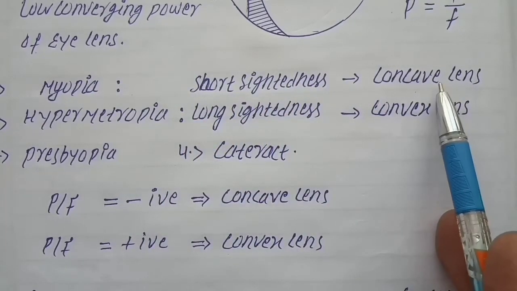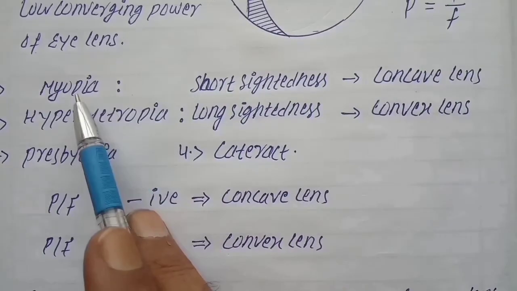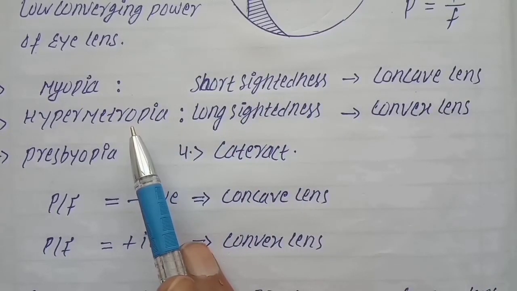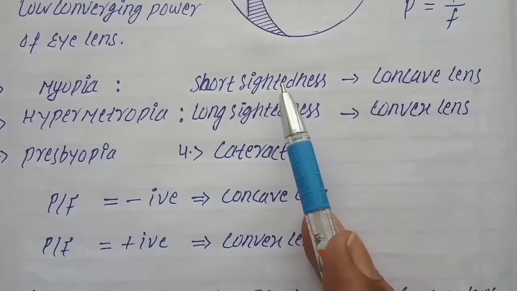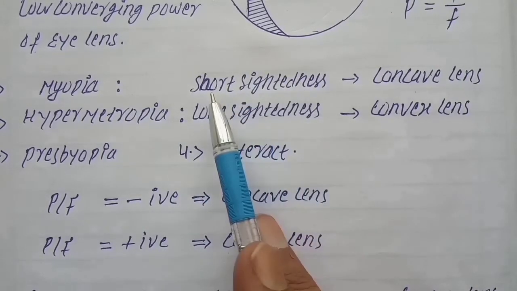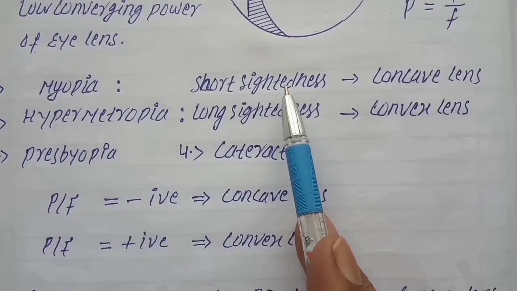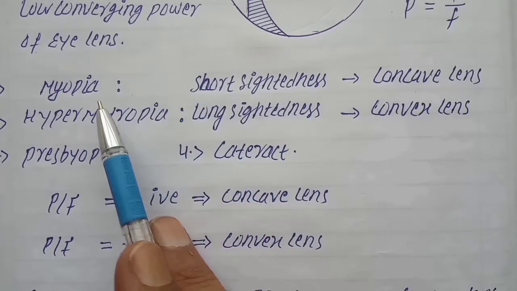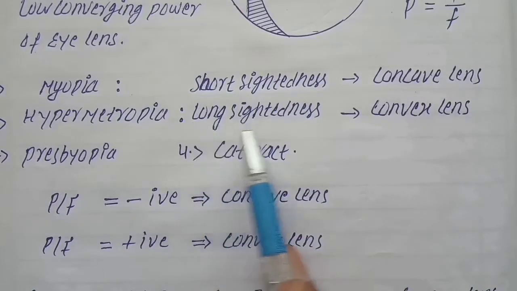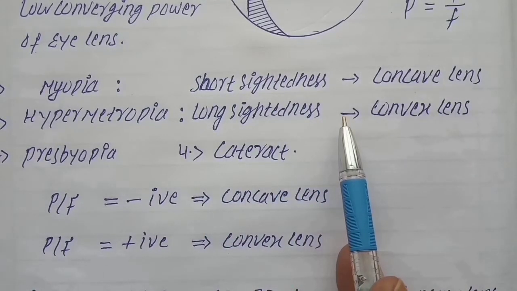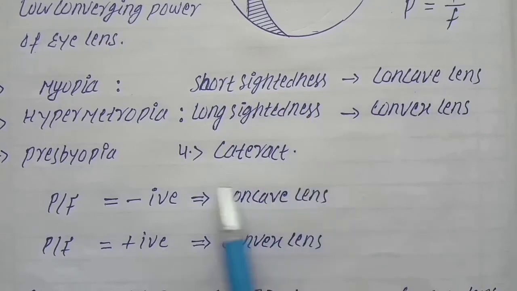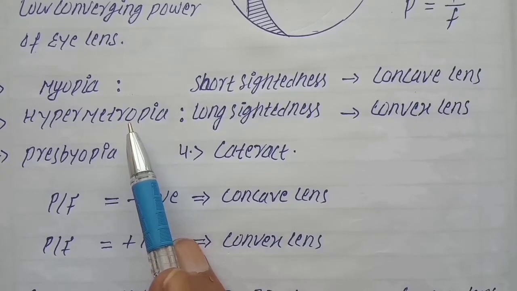If we have a concave lens, then the defect is myopia, and if we have a convex lens, then the defect is hypermetropia. Now let's see here. If a person can see short distance objects, then the person is short-sighted, means suffering from myopia, can be corrected by concave lens. And if a person can see long distance objects, then the person is long-sighted, means suffering from hypermetropia, can be corrected